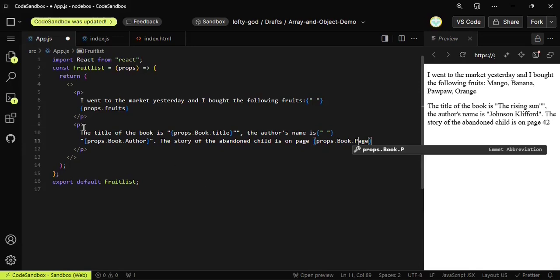I think it's because this is already inside. Props.book.page. So you can see how